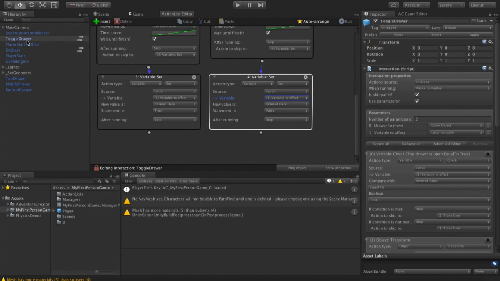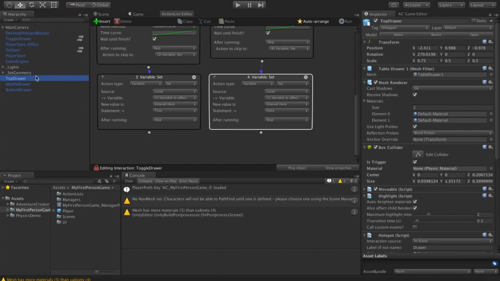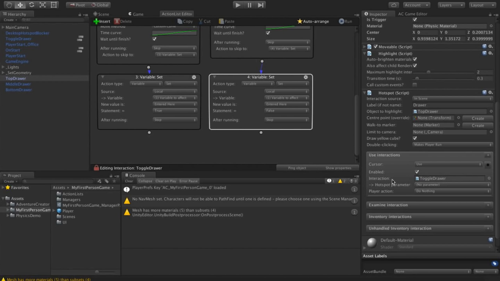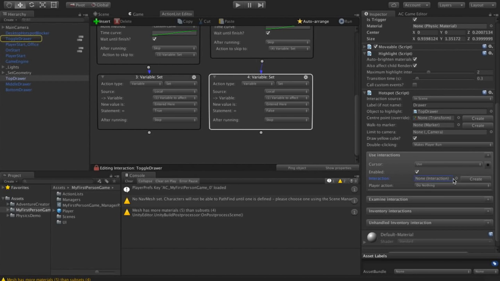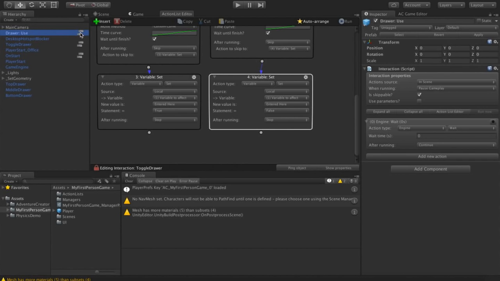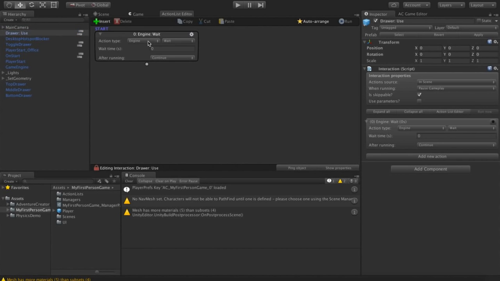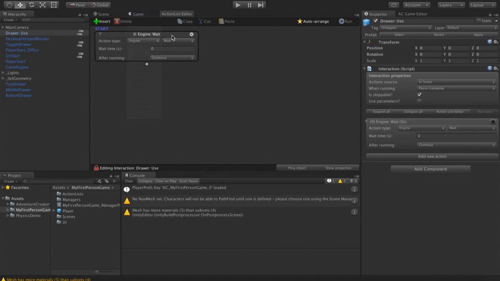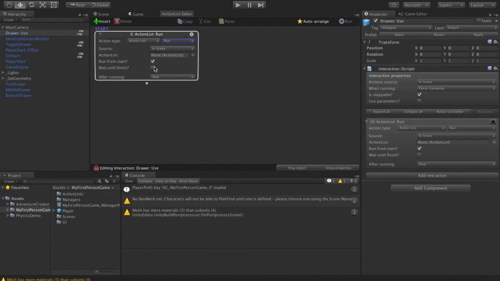So let's go and make new interactions for each of our draws. If I go to top draw, I've still linked my interaction to toggle draw, so I'm going to deactivate that, unset that, and create a new draw use interaction. And this is going to be an action list run action.